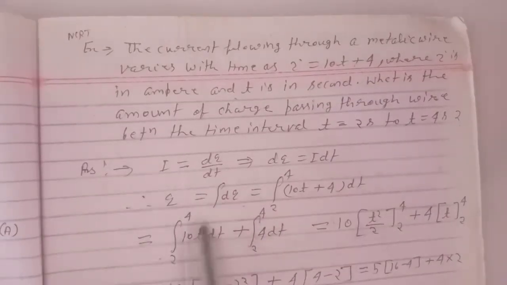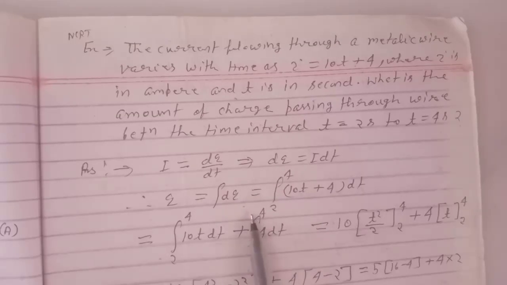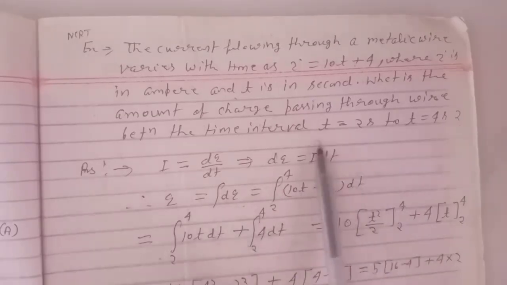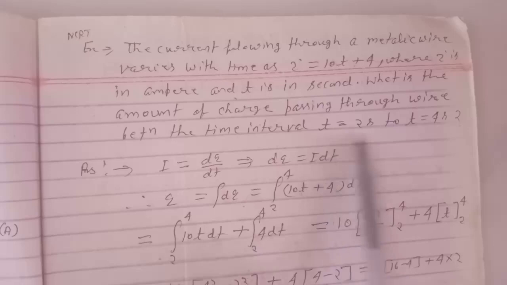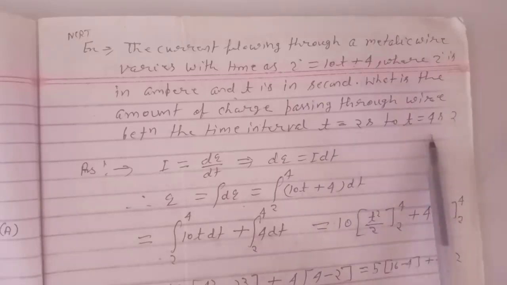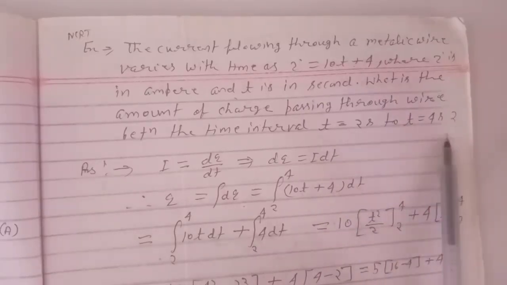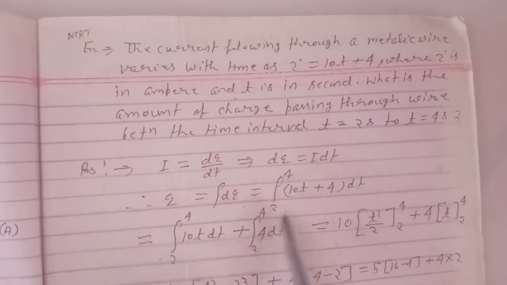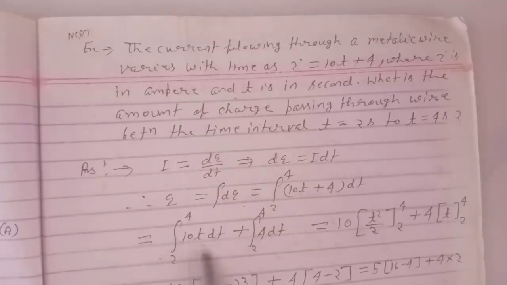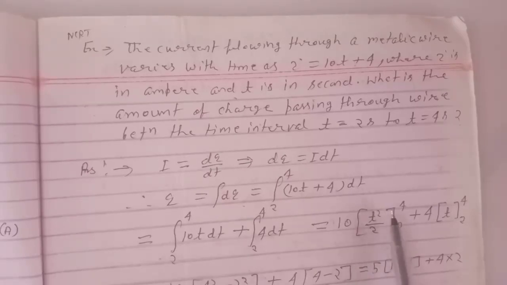hence q equals the integration of dq, and we are given the time interval, so we take the limits from t equals 2 seconds to t equals 4 seconds. So in the limits we put 2 and 4, and (10t plus 4) dt. Now integrate this: the integration from 2 to 4 of 10t dt plus the integration from 2 to 4 of 4 dt equals 10 into, because 10 is constant so it comes out of the integration,